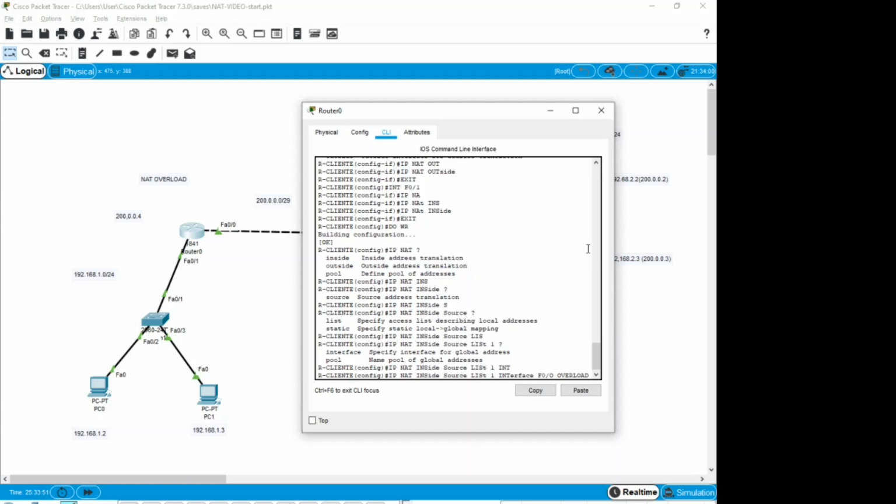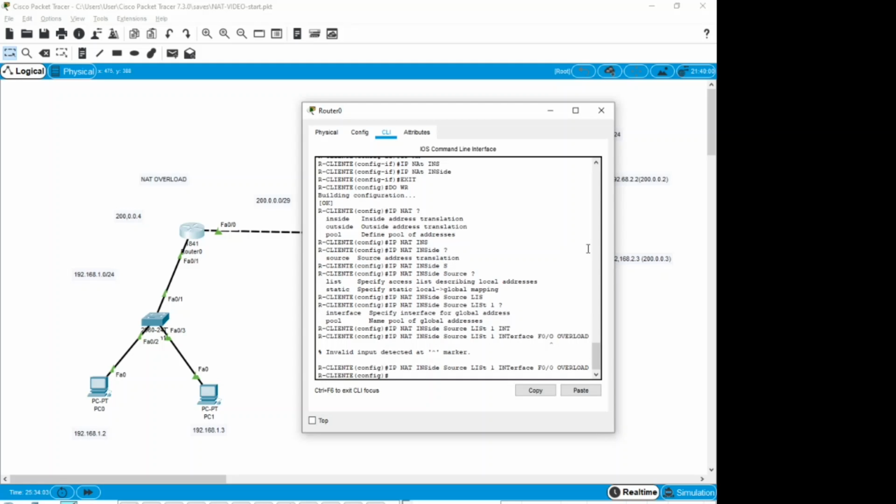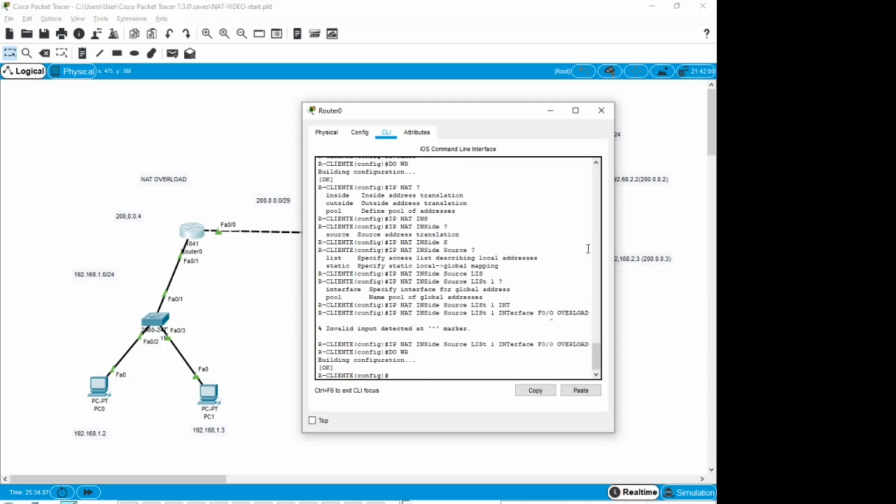It's very important, this command overload. Okay, so let's see. It's because of a typo error. Okay, and then we save the data,